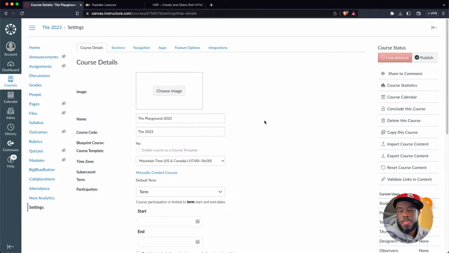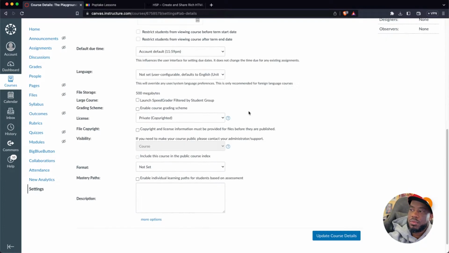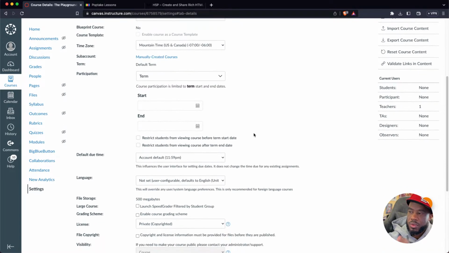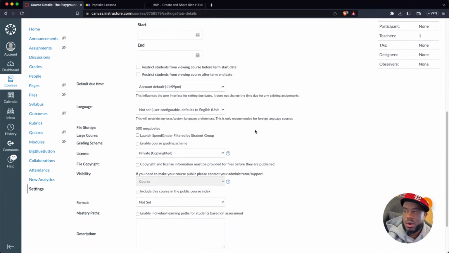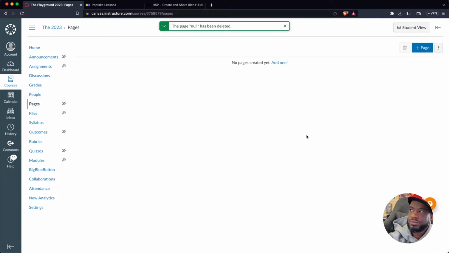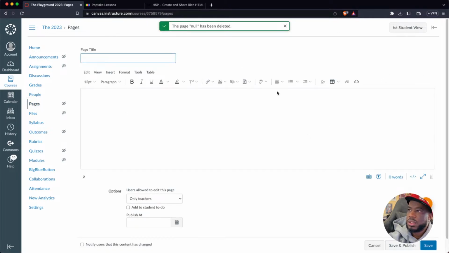Super dope. So if you create from scratch, it's going to have all this information in it. Because you are not going to be creating from scratch generally, if you're a school teacher, I'm not going to go through each one of these particular categories, just because it'll take time. What we're going to do is go directly over here to pages. I'm going to click pages and the plus sign. All right, cool.